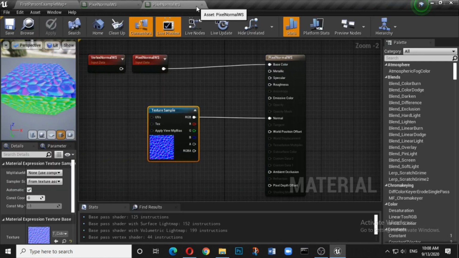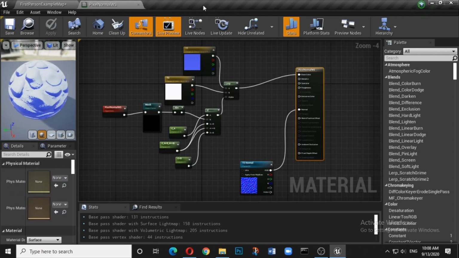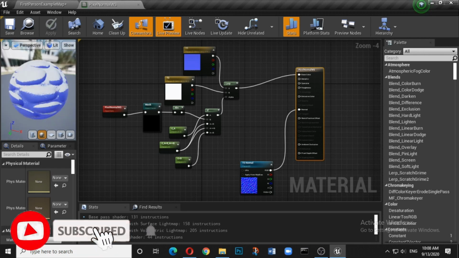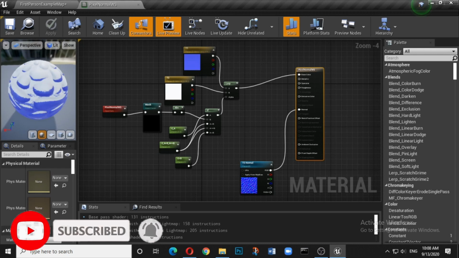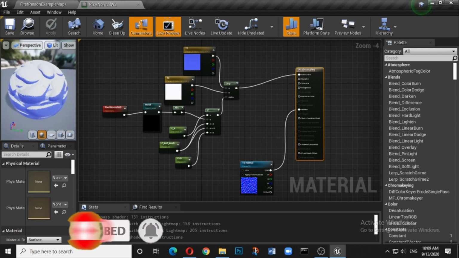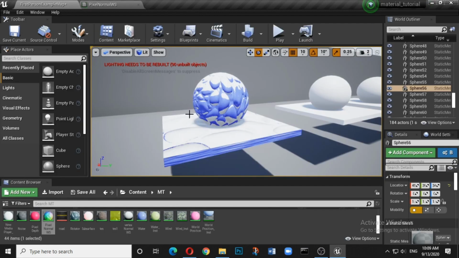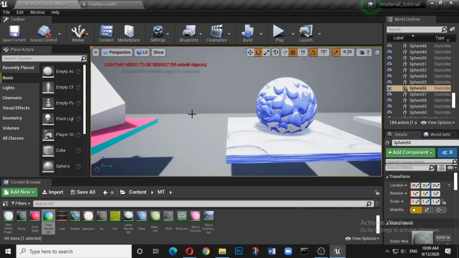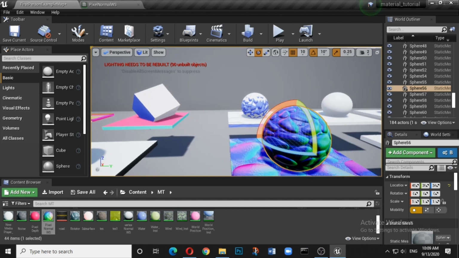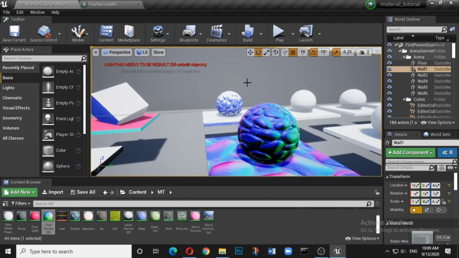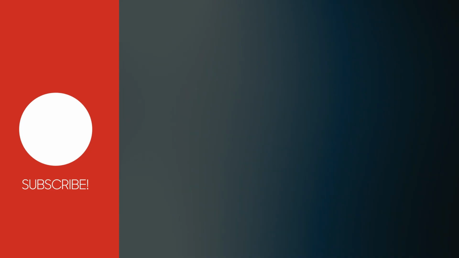So this is all about the pixel normal node. Now let me close this and get back. The same thing we did in our earlier example, where we used a lot of other nodes like the if node and the append node, and instead of the pixel normal we added the vertex normal. That is the example I showed at the beginning of this video: the ice lying on the rock, and as you change the orientation of the rock, the ice remains on top of it. That's it for this video. Thanks a lot.